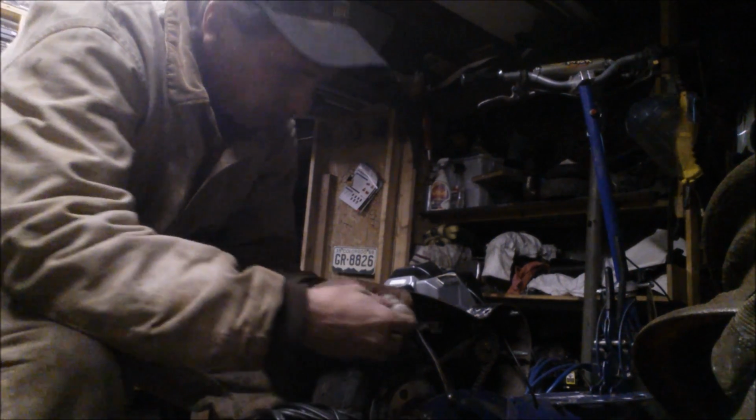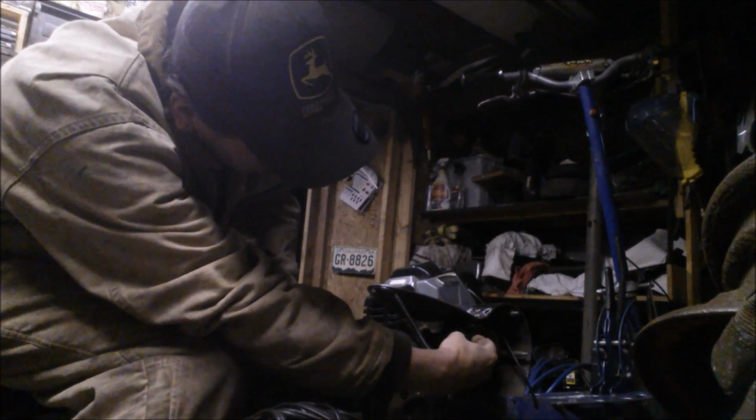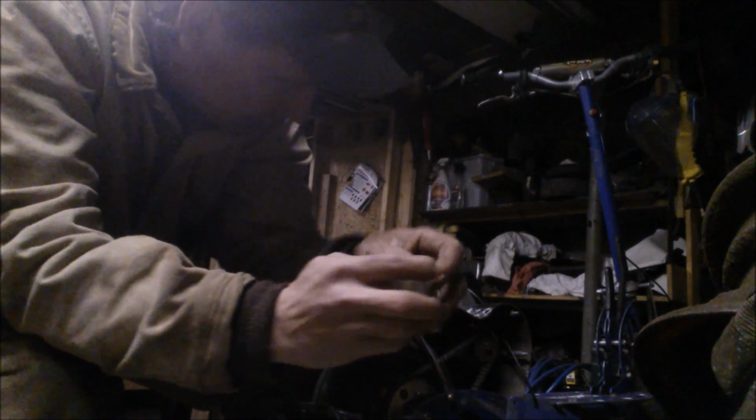And then I got this here that I found in my hoard of junk. So I thought maybe I could cut one of the ribs out of it and maybe let it ride in between there or something. So we'll have to take this out and see what we got going on here. It does not ride in the chain like that. These are too small, and I don't have a lathe to work this, like I see Musty One do, just throw it on a lathe and widen this gap up. I don't have nothing like that, but if this gap was a little bit wider, I could probably cut it right here and use this one, you know, but